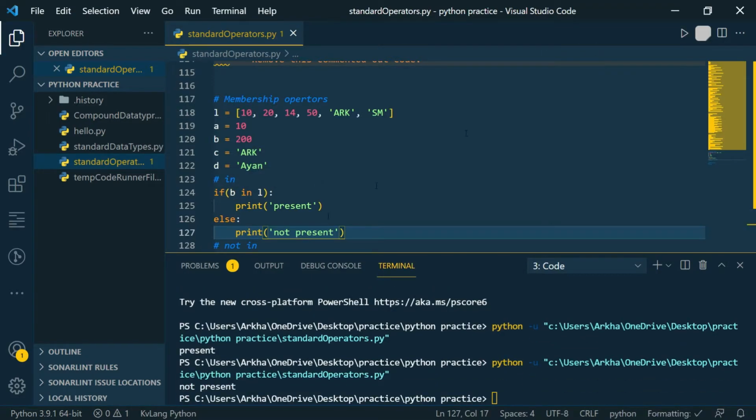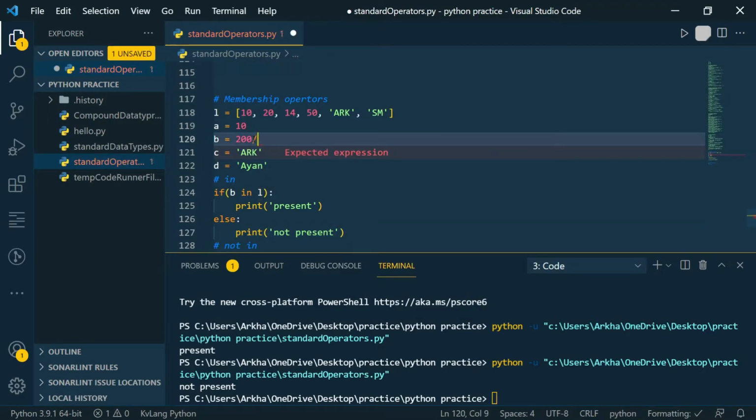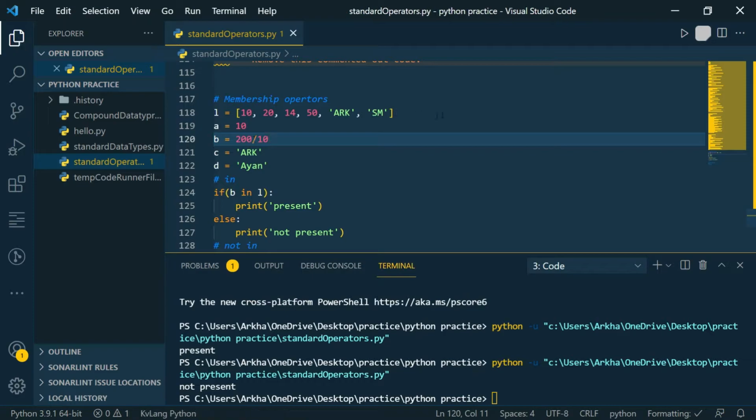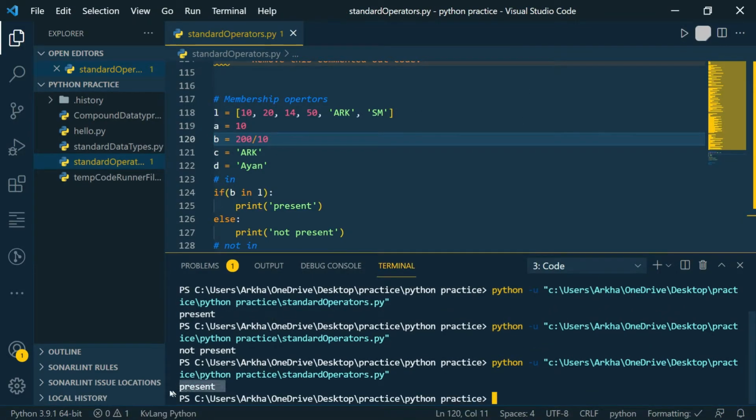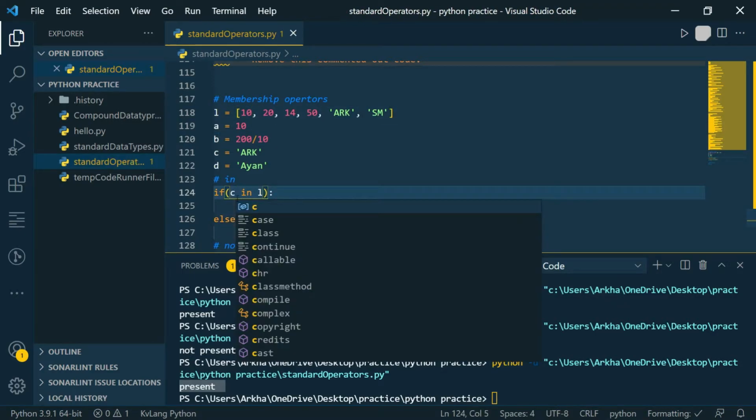Let's run the code, and you can see we are getting not present as 200 is not present in our L. If we just do 200 by 10 and then run it, it will say present because now the value of B is 10 and we have 10 over here. Let's check it for C and see if it works for strings or not.